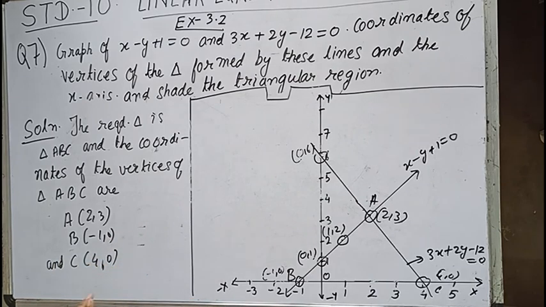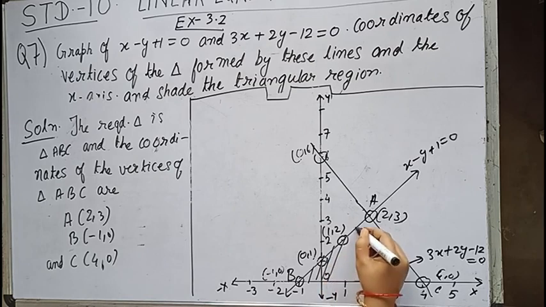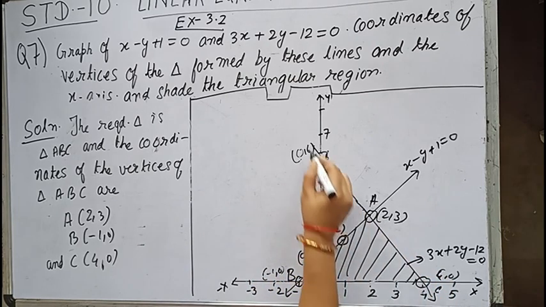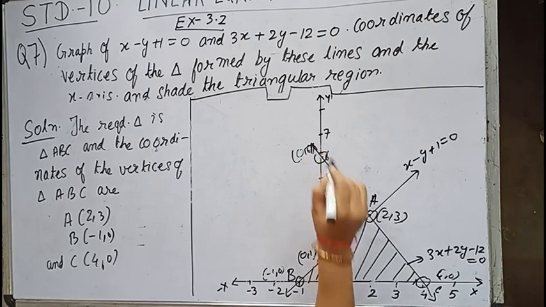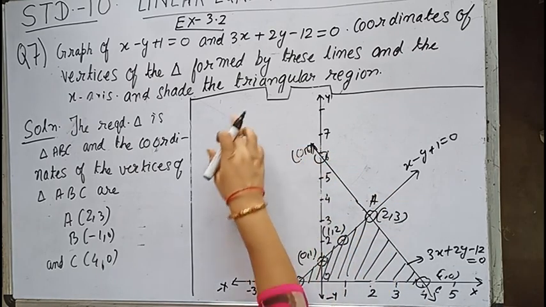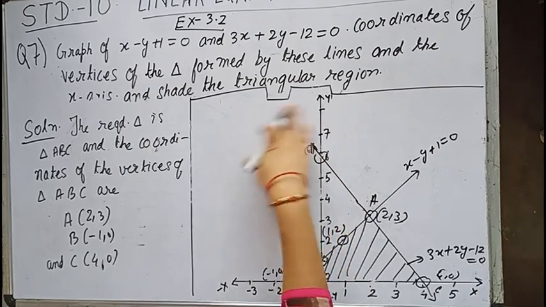Now the third section is saying to shade the triangular region. So simply you take scale and pencil and shade it in any pattern whichever you wish, neatly. So children, this question is done, and if this question comes, it will be coming under the 4 mark section. So you draw the arrow on both the sides. If possible you can write the topic also.